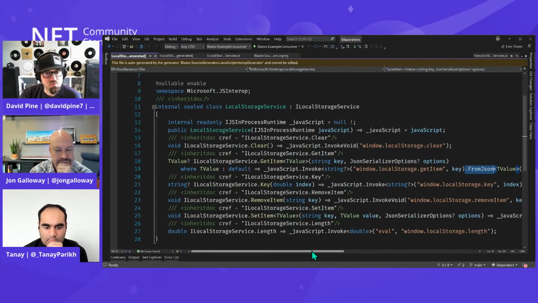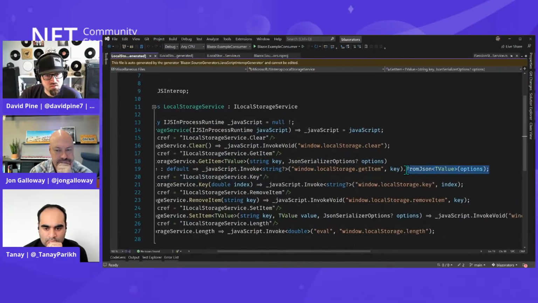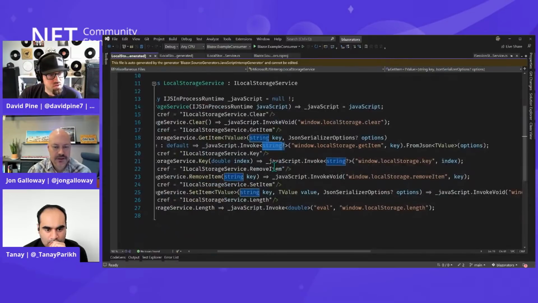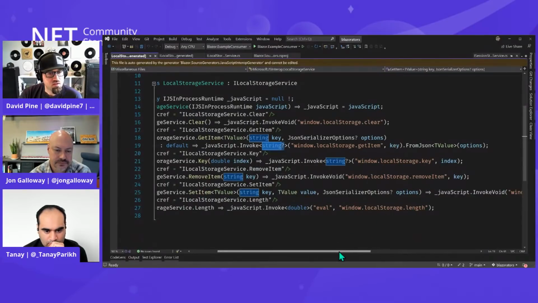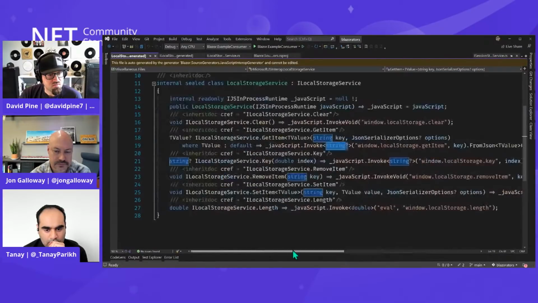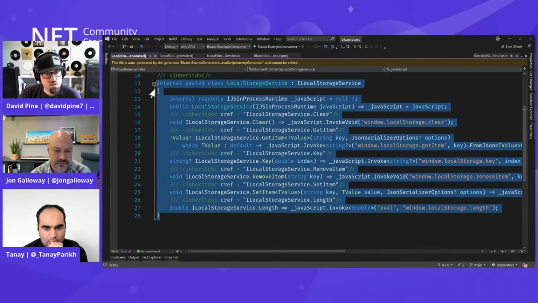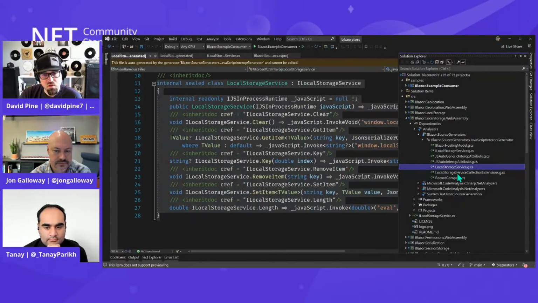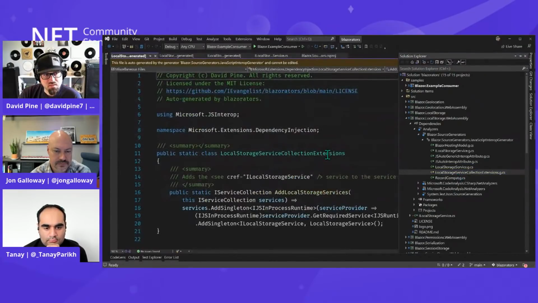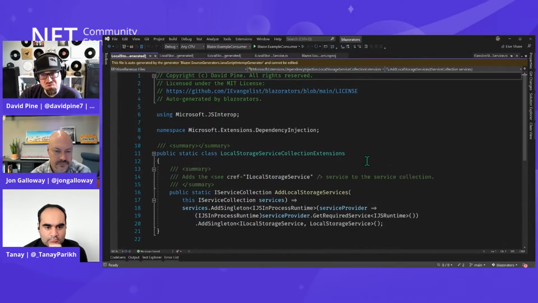So I've got FromJson, given the type and the options, because this API just returns a string, right? And then here we've got the key, we've got removal, we've got the setting of the stuff, and we've got evals for properties, things of that nature. So you could write this all by yourself and it would be pretty straightforward. But it's nice to just have a source generator do it for you, especially as